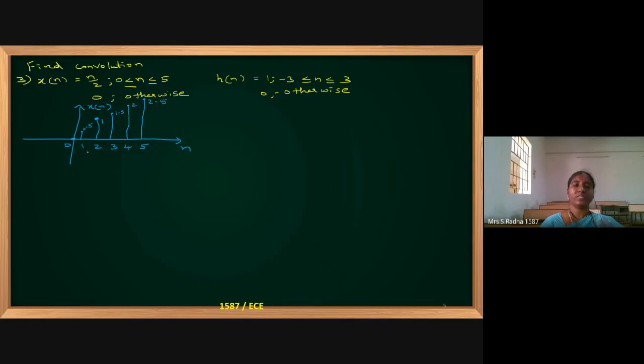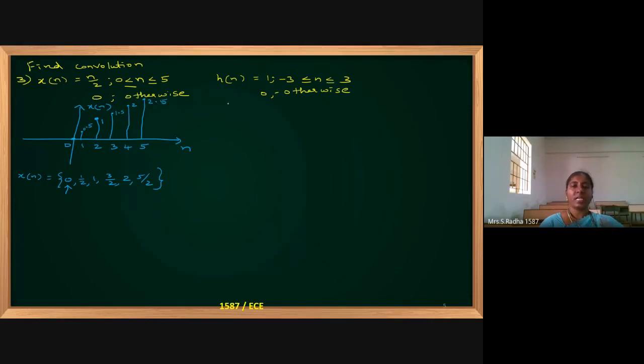The x-axis value is n. At every point, n by 2 is the height, as given by the equation. N by 2 is the height of the signal, and this is our first sequence. If you want it as elements, x of n is nothing but 0 at origin, followed by half, then 1, then 3 by 2, then 2, then 5 by 2. These are the 6 elements present for x of n.